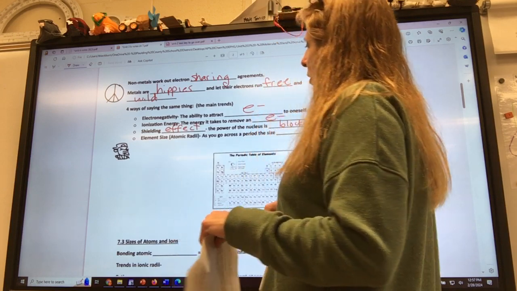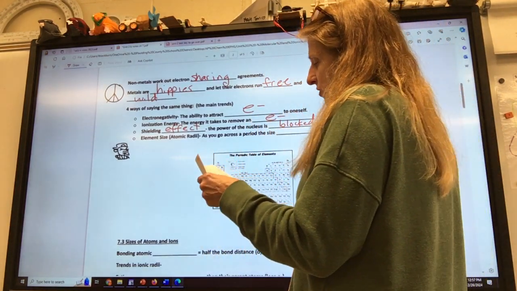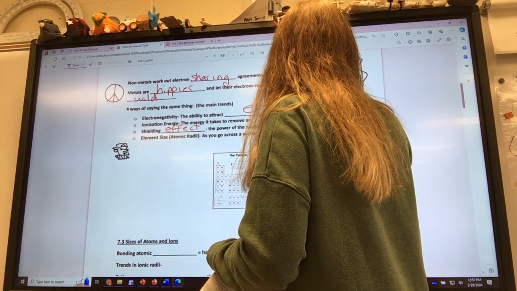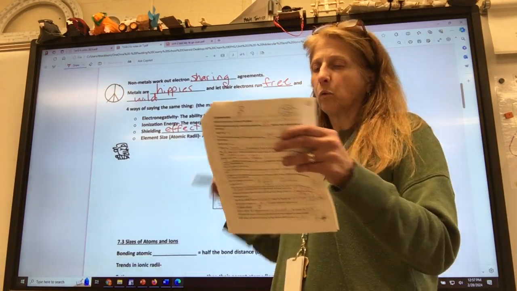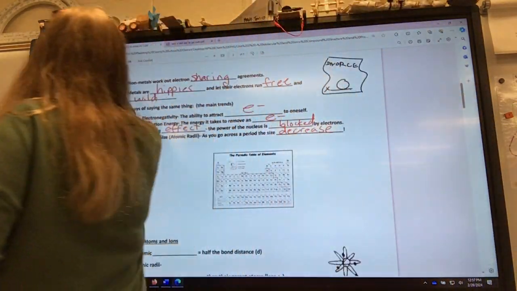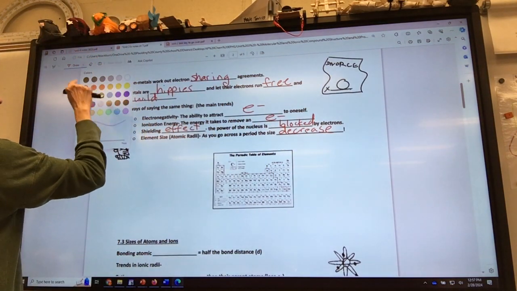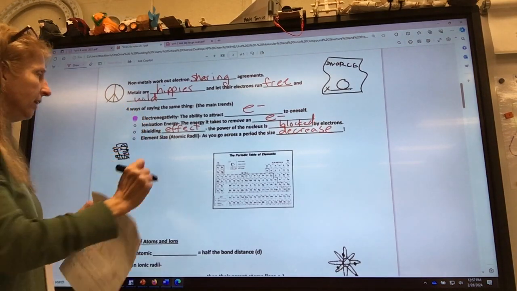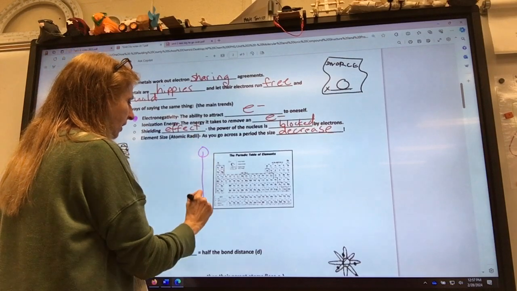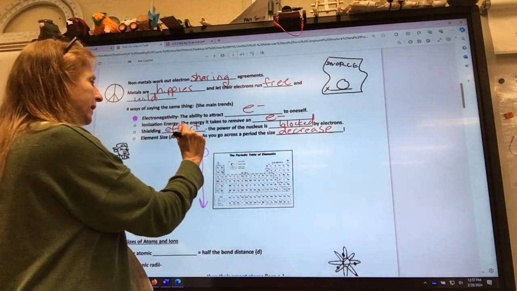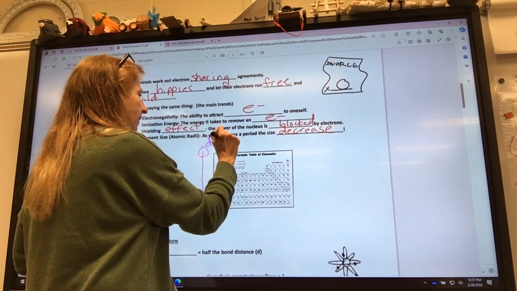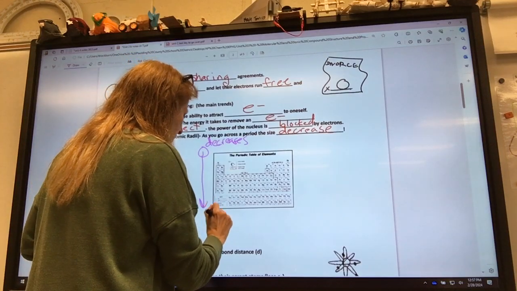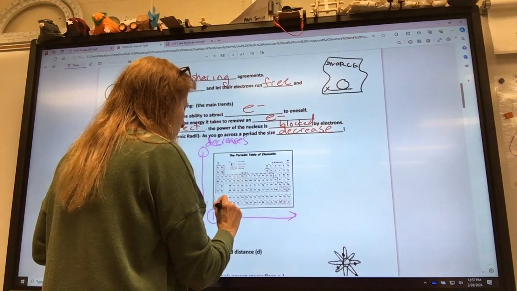Okay. And the atomic radius, the size of an atom, as you go across a period, the size decreases. Now, all of that you learned in honors. Now, we're going to draw it on here. So we're going to draw these trends here. So the first one is going to be the pink one, electronegativity. Put the number 1 over here. And as you go down a column, it decreases. Okay? And as you go across a period, it increases.